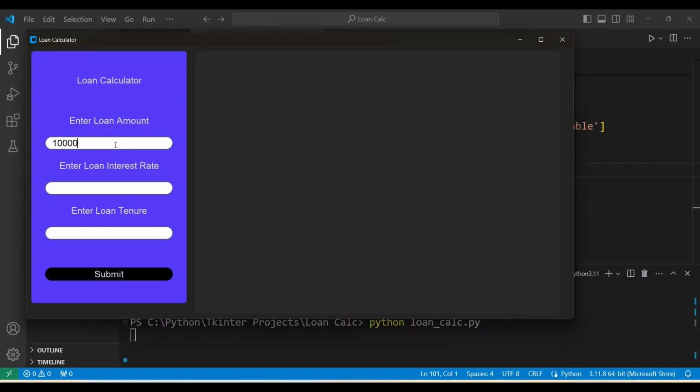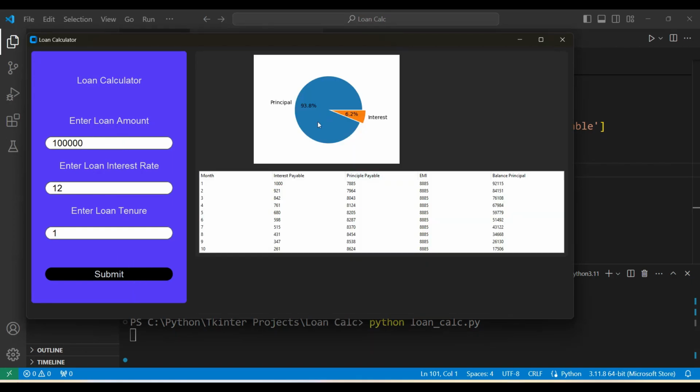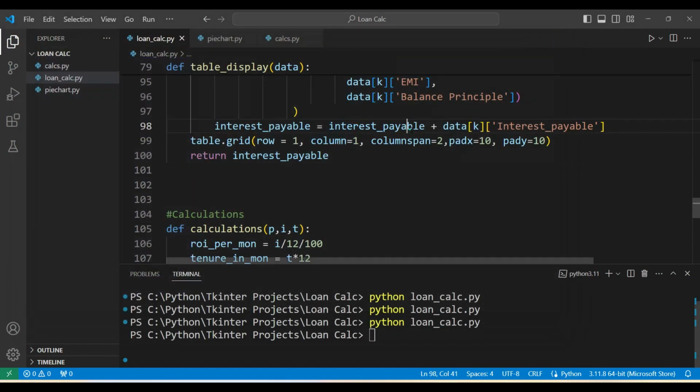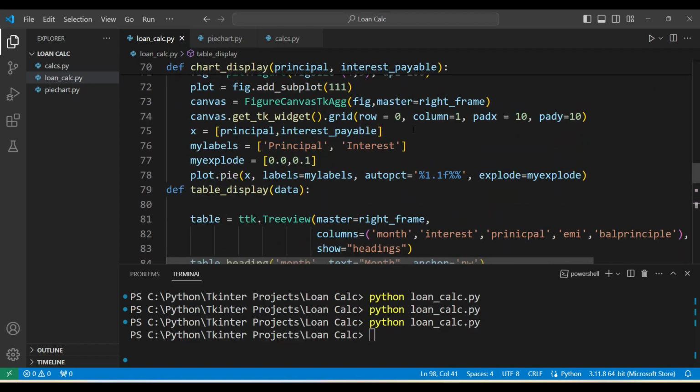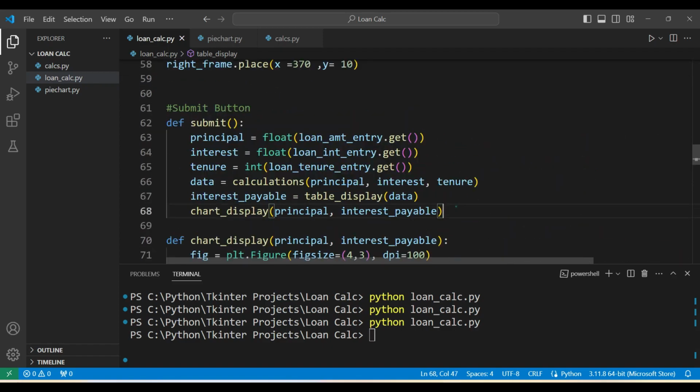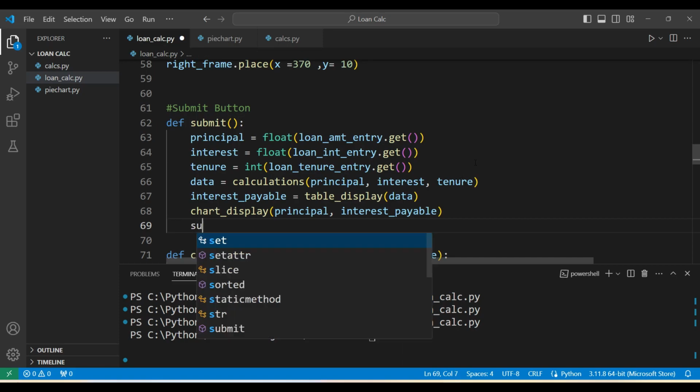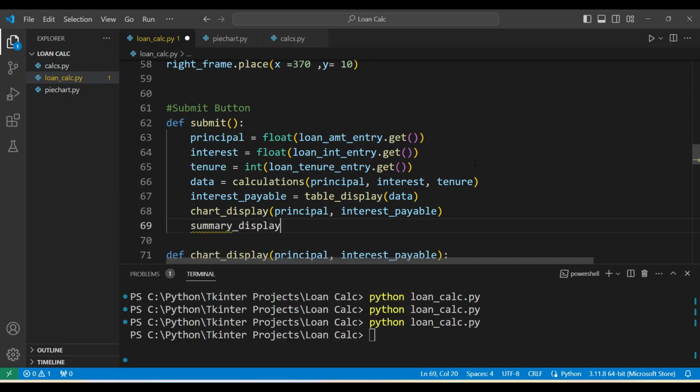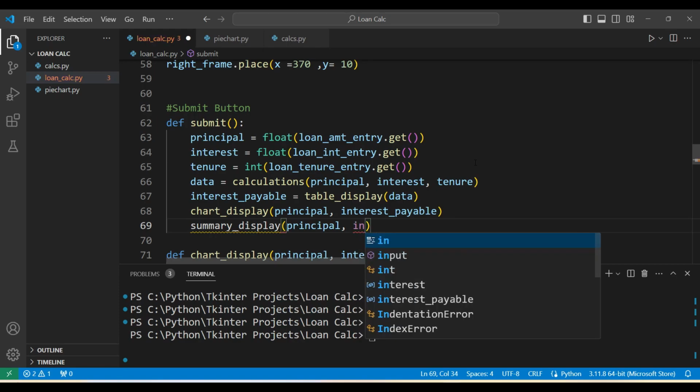Okay, 1 lakh, 12, 1, and clicking on the submit button. Now it is able to display this table in proper format and principal and interest as well, both things. Now we can have this summary box. Let's have that summary box. Summary display. I'm just going to display the summary. For this one we need principal, we need the